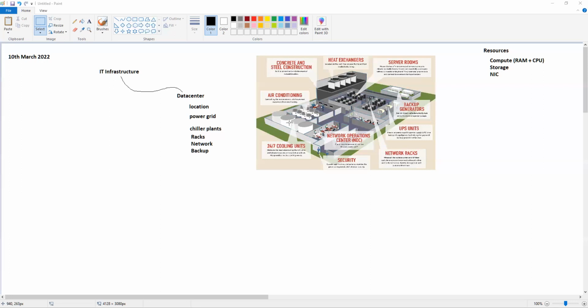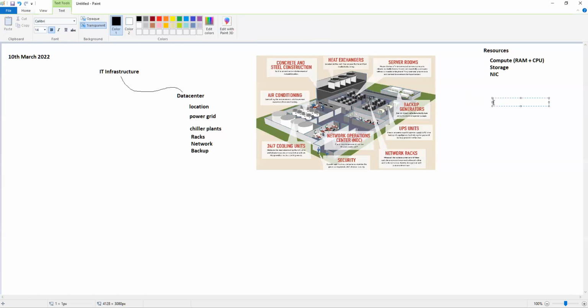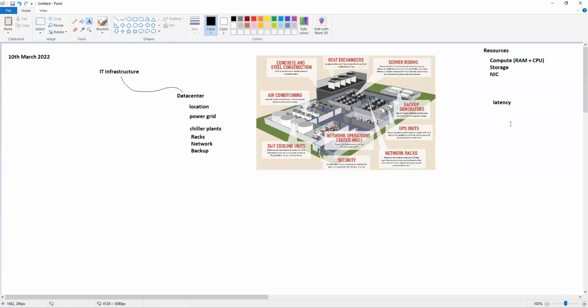That works in terms of accessibility as well. If you host all your data centers in Iceland, for example, and you have users in the USA, in the Australian region, in the Asian region, they will face latency, right? This is another term that is very commonly used in IT. So I'm just writing it down so you can get an idea, and when you understand the actual meaning of it, you can use it in your conversations as well.